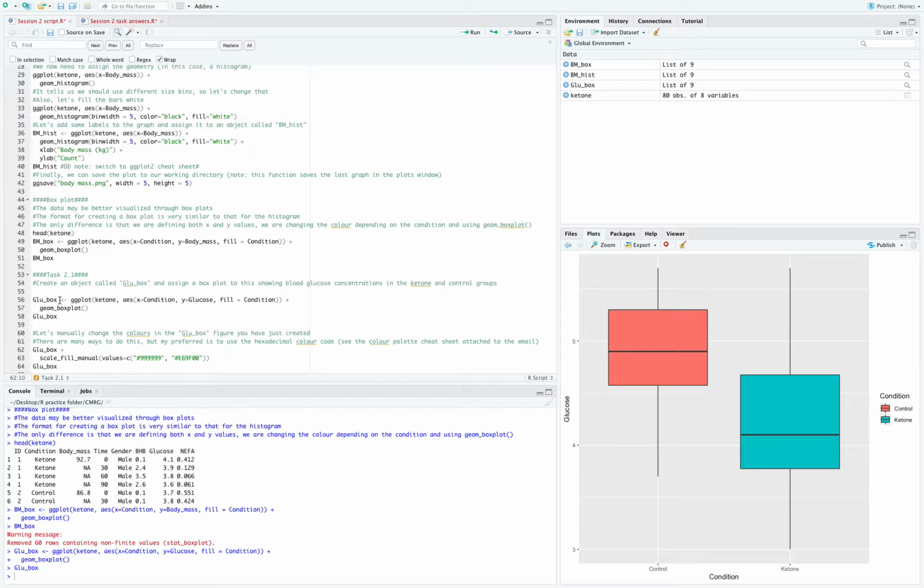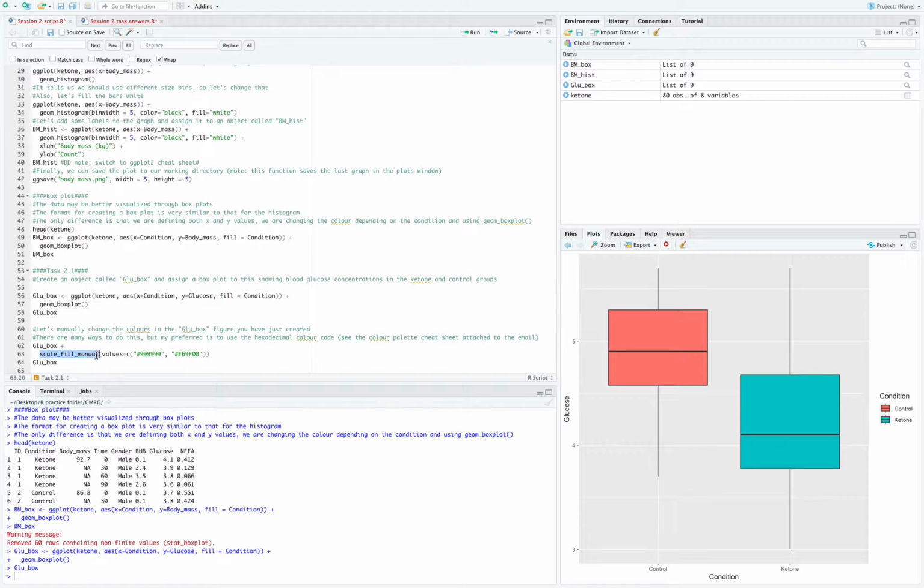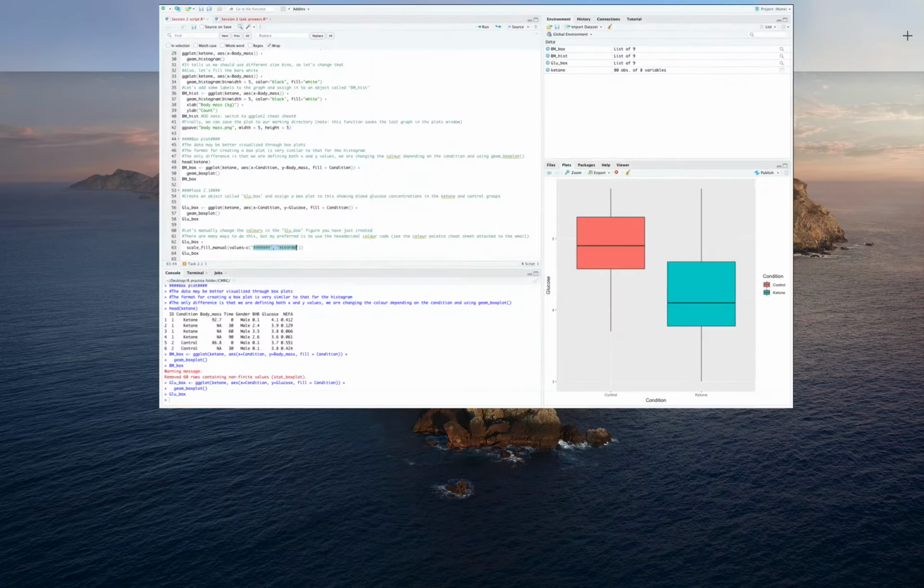So here is an example of why it's good to assign the plot to an object, because rather than having to type all of this out again and then doing plus scale fill manual, all we now need to do is add this to the object we've created, because this object already contains all of this. So we're going to use the scale fill manual function, and the values we're assigning are hexadecimal color codes. And now if I switch screens,